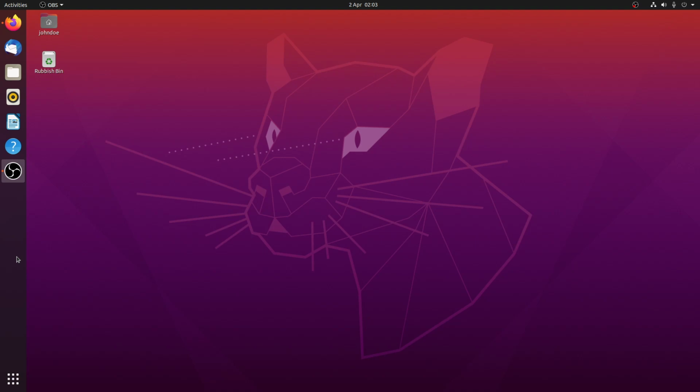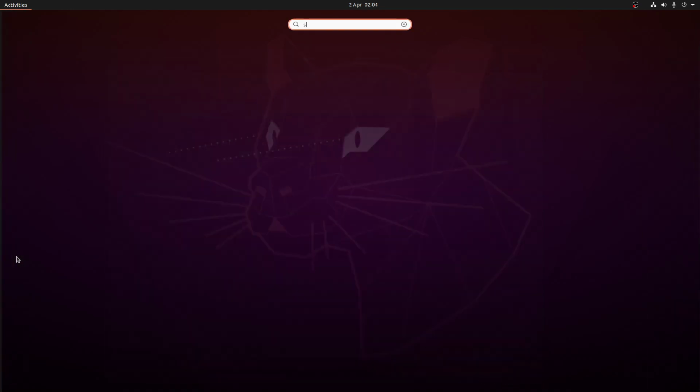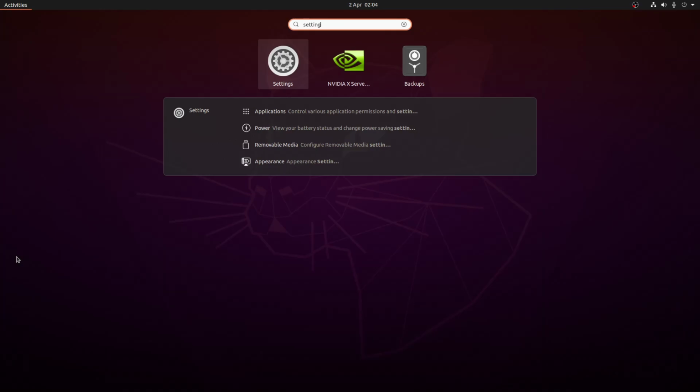I'm slightly worried as to how this dock will actually show to laptop users. I've not yet tried it on any laptop because I don't really have the capabilities to do that here yet. But looking at it on my desktop, the first thing I will say about this is it's actually quite large. So the first thing I'm going to do is press my super key, or my Windows key on my keyboard, and I'm going to go into the settings panel,